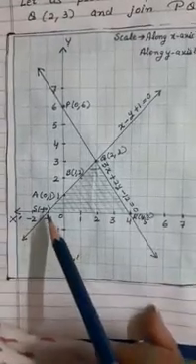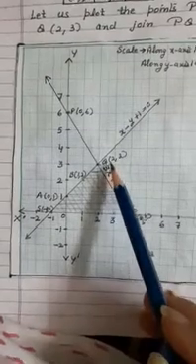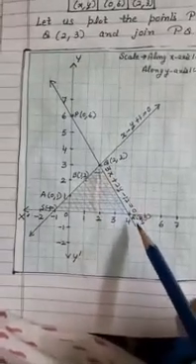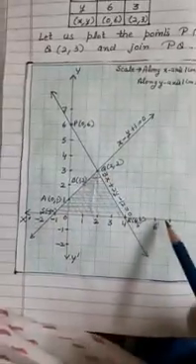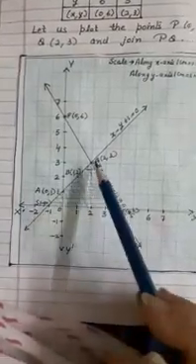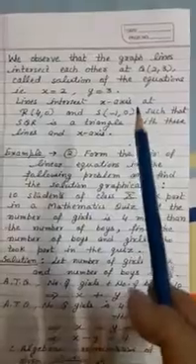You can see here this is a triangle which I have shaded. Its coordinates I have written: S is -1, 0, Q's coordinates are 2, 3, and R's coordinates are 4 and 0. So this is a triangular region with the x-axis, whose vertices are S, Q and R that I have written here. Therefore, we are getting a triangle. Its name is SQR and the coordinates you can already see on the graph.